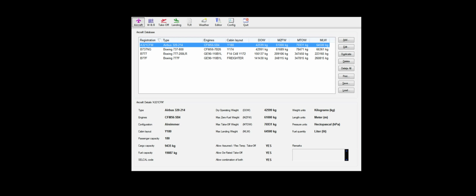Alright, once that is done, you go to your PFPX, and you go to your top left hand corner, and you go to aircraft manager, aircraft database. Here you will choose your aircraft, of course, from new. Either you create your own or you choose from a template. You choose a template. You have your A320, let's say with sharklets. You click apply, and then another window will pop up,